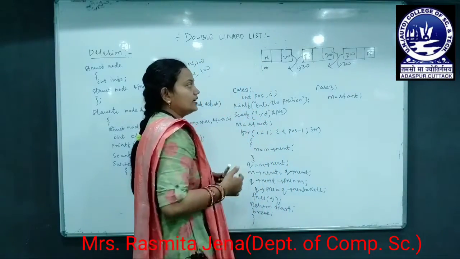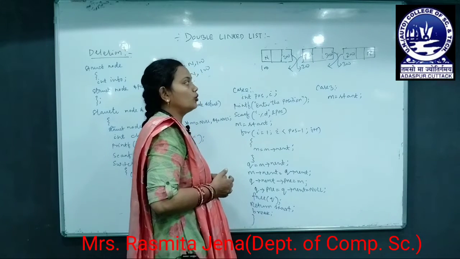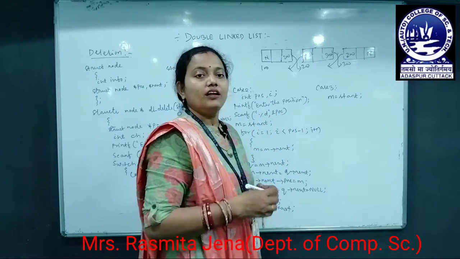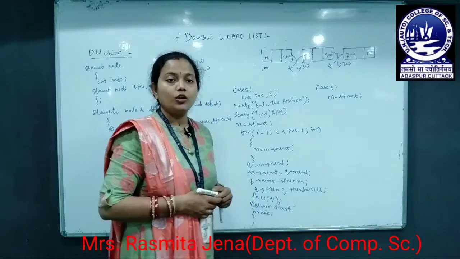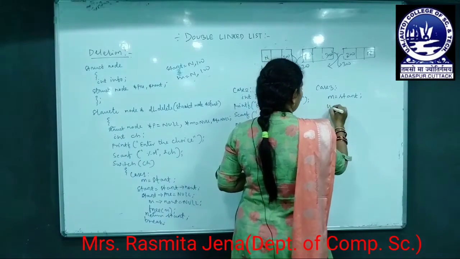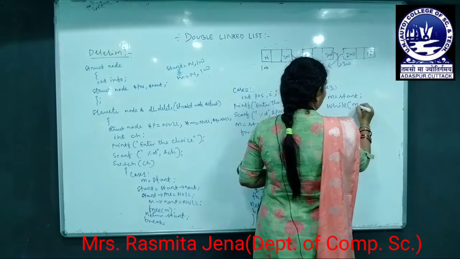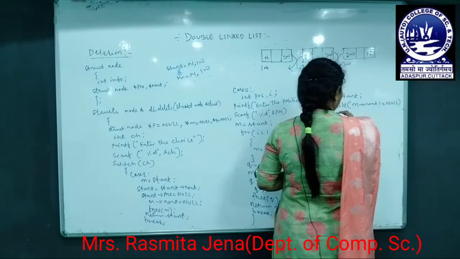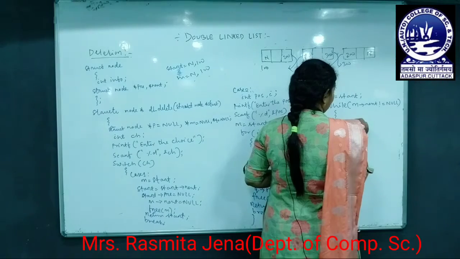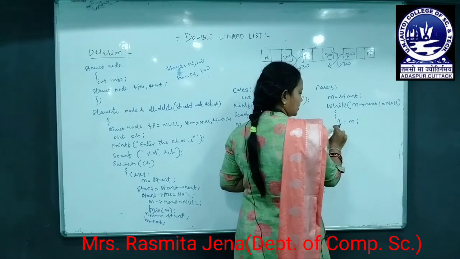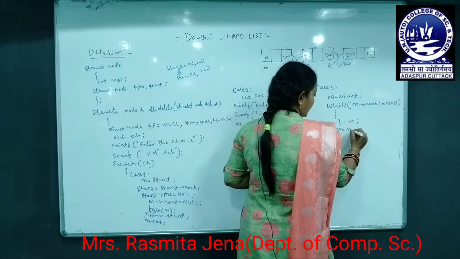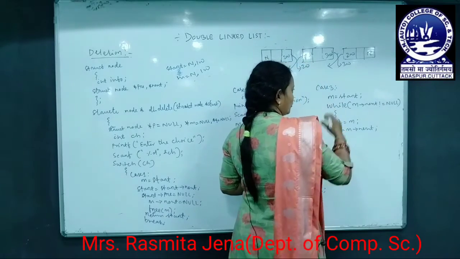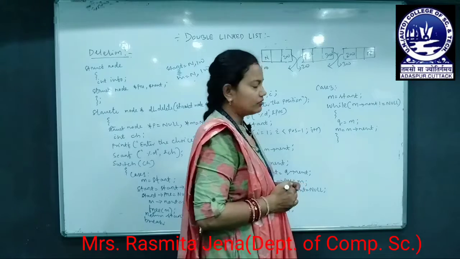As we are deleting the last node of the double linked list, we will move from the starting node to the end of the list for getting the address of the last node. For that we will execute a loop. So the loop becomes while m next is not equals to null. Every time we will store the previous node address in another pointer, that is q. Then m equals to m next. Let me first execute the loop for reaching the last node of the double linked list.